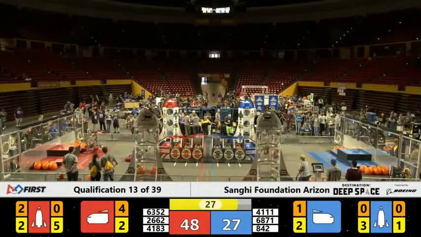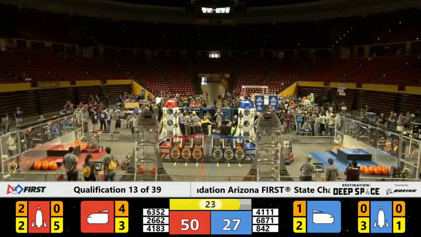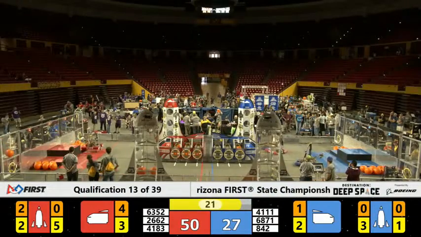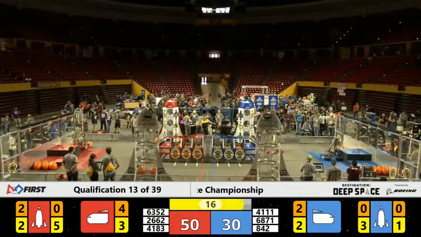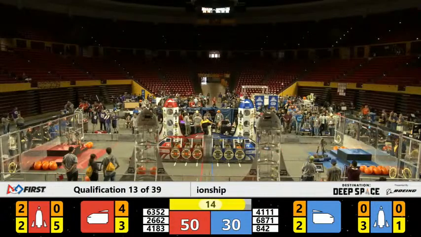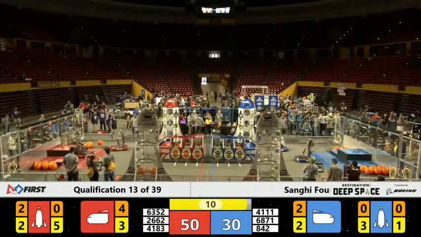4183 going up on the Red Alliance side of the field trying to place another hatch panel. 25 seconds left in the match. Red Alliance side, Hab, Launch Team 6352, looks like they're trying to climb to Hab level 2. Over on the Blue Alliance side, 842 looks like they're trying to line up for possibly a level 3 climb,